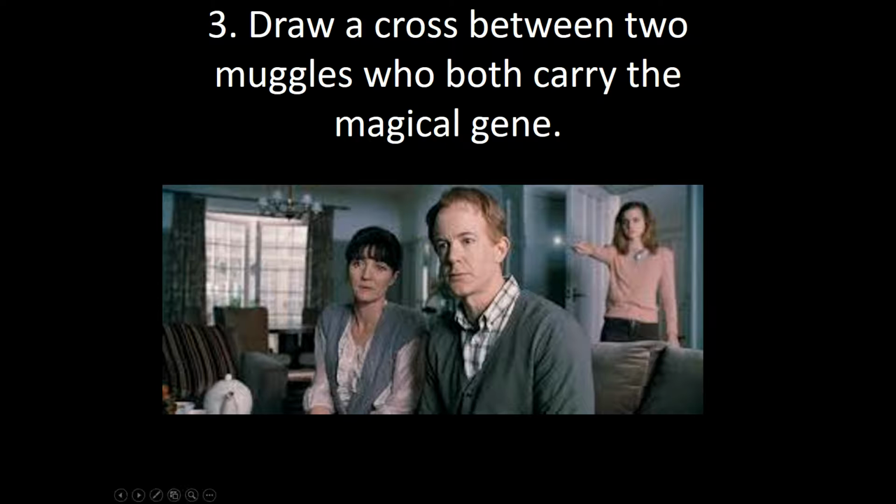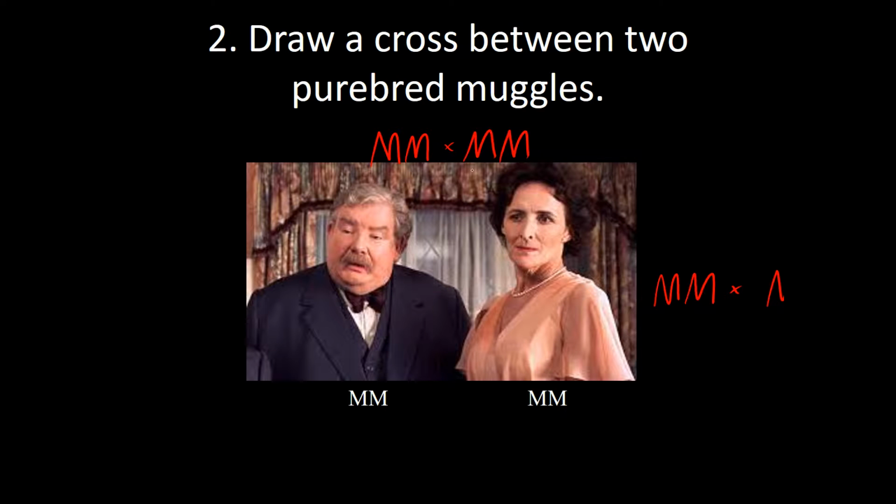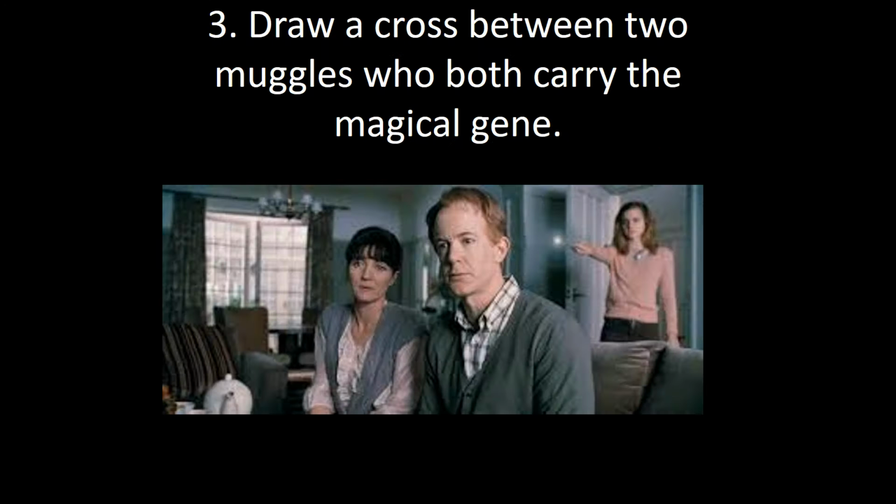Okay, so number 3. Draw a cross between two muggles who both carry the magical gene. I want to remind you back here that when they're both capitals, that's called homozygous dominant. Homozygous meaning same, and dominant meaning capital. So if they both carry the magical gene, they're both muggles. So back to the key, if big M is muggle